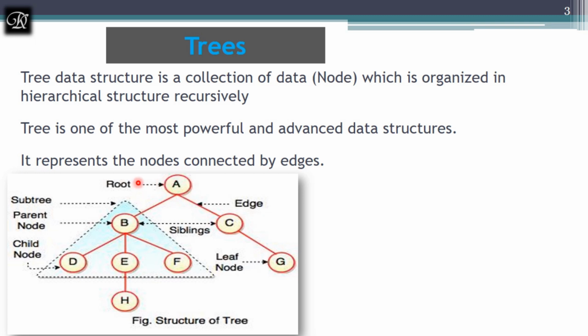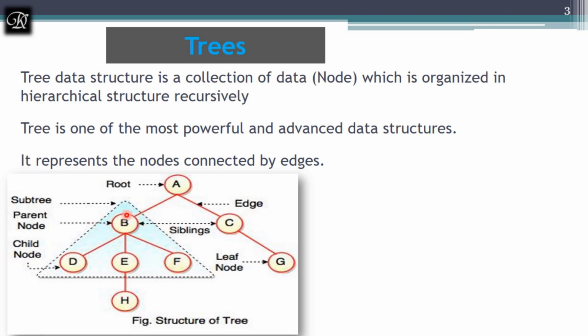It is just like what we did in the single linked list, where we called it head, and in the double linked list we called it first. We are just renaming that to root. And each root will have some more nodes below it in the next level, the next hierarchy, which we will call a subtree.